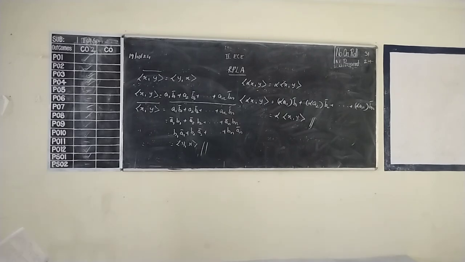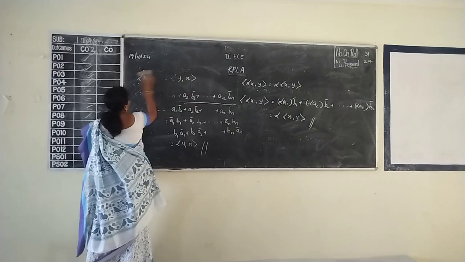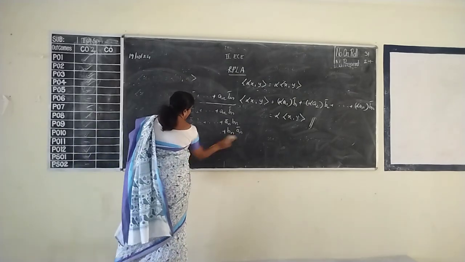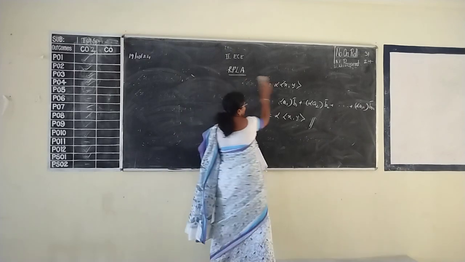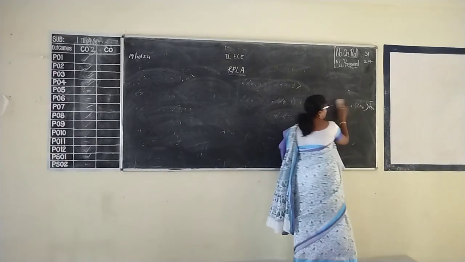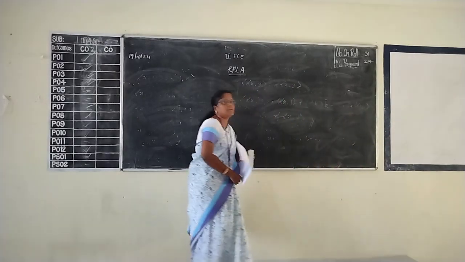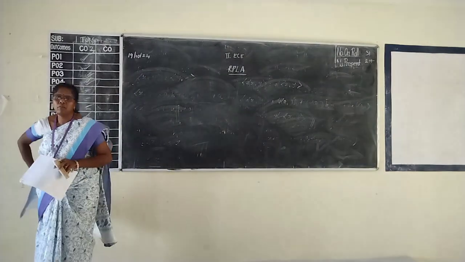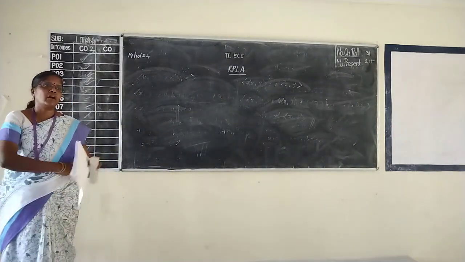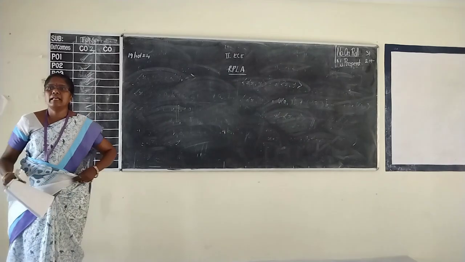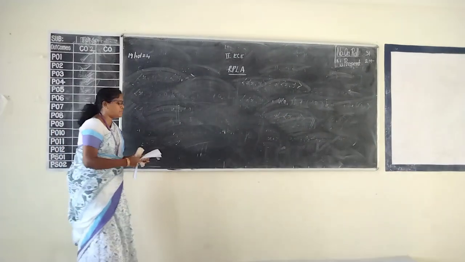Let V be an inner product space and x belongs to V. Then the norm or length of x is denoted by this symbol, double bar, norm of x, and is defined